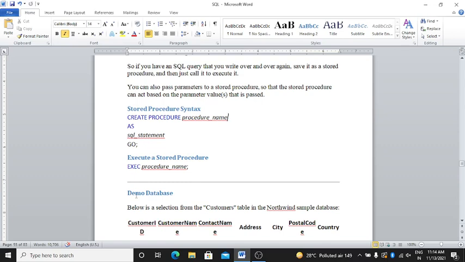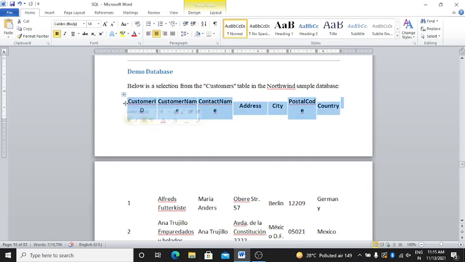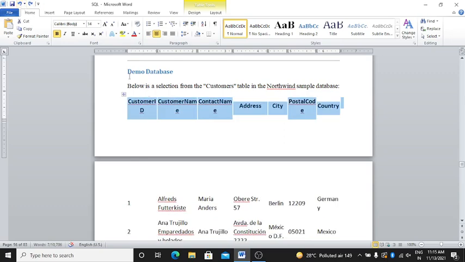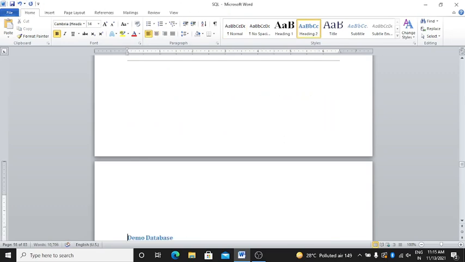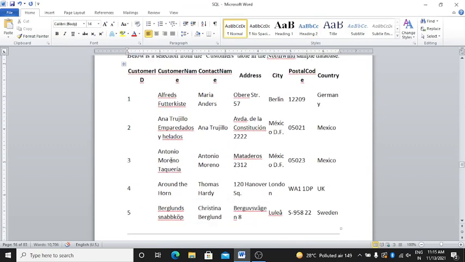After that we have to study the demo database. Below is a section from the customers table in the Northwind sample database. Here is the customer ID, customer name, contact name, address, city, postal code, then country.